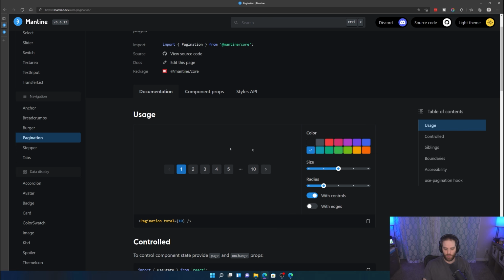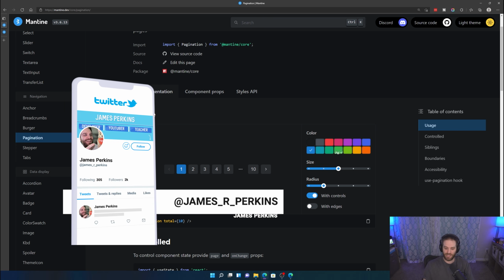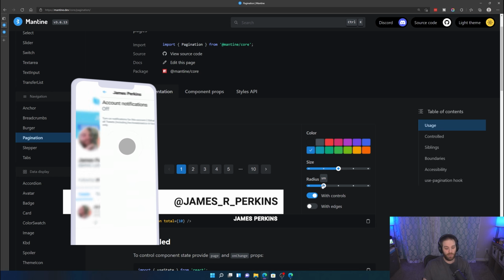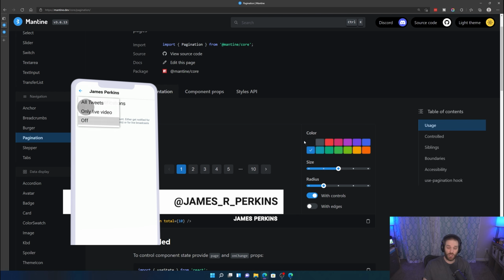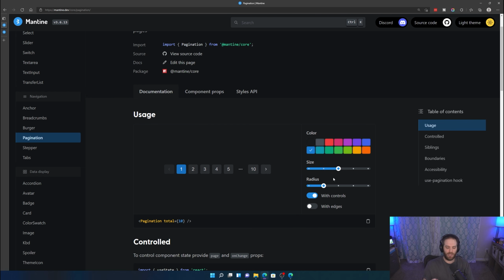So here's an example, and what I really love about their docs is they give you the ability to sort of change the colors, size, shape, and with controls and edges, all those kinds of things, all in one place. So you don't have to be like, oh, how do I do this? What does it look like? Should I change it? You can do it all in the docs. So right now, this is a medium size, and you can go all the way up to extra large. Bearing in mind, this is zoomed in at 150%, so it's not quite this big, but you get the idea.